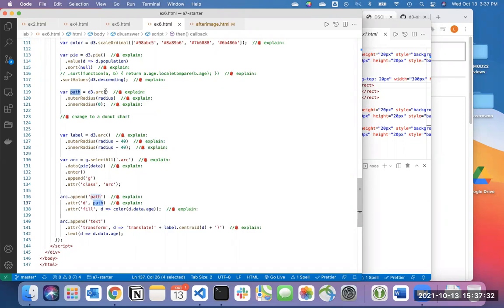Yeah. So it looks a little bit difficult to read because you're doing this data join with the path, but at the same time, you need to use some layout. So the layout here, as you can see, reorders the data so that the pies are going to come out in the right order, right? And so that's the job of the layout. And then the path knows